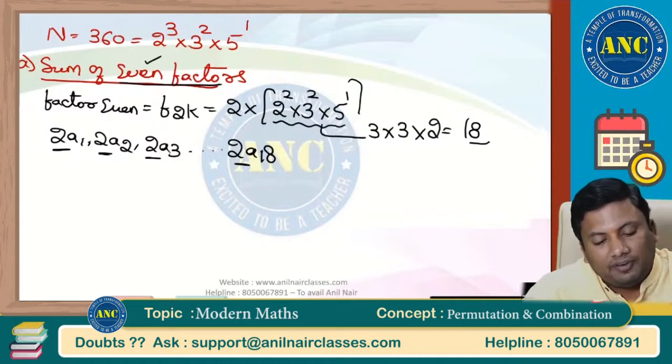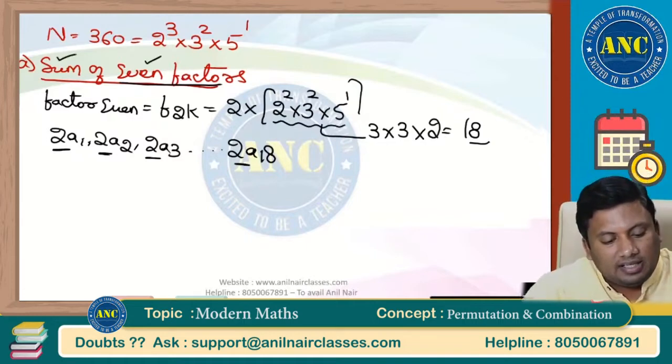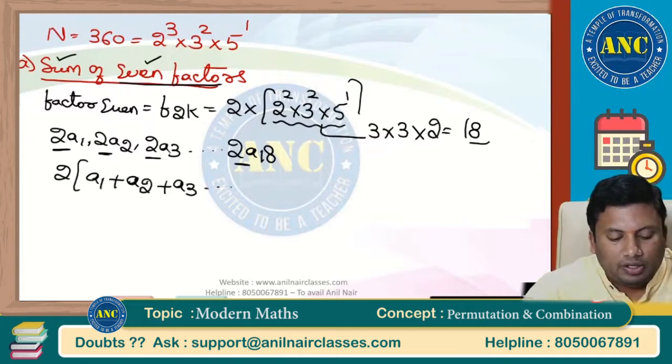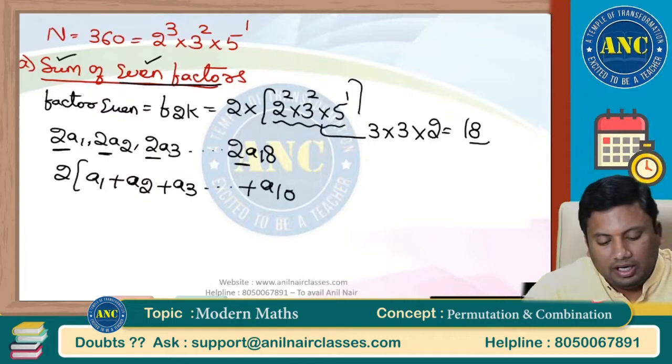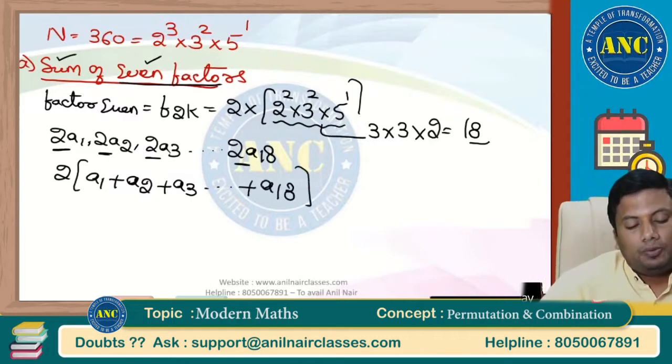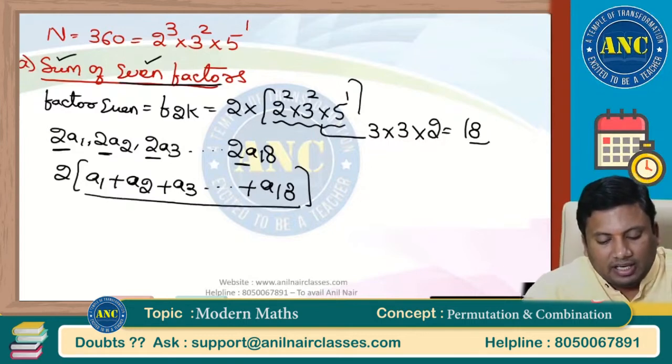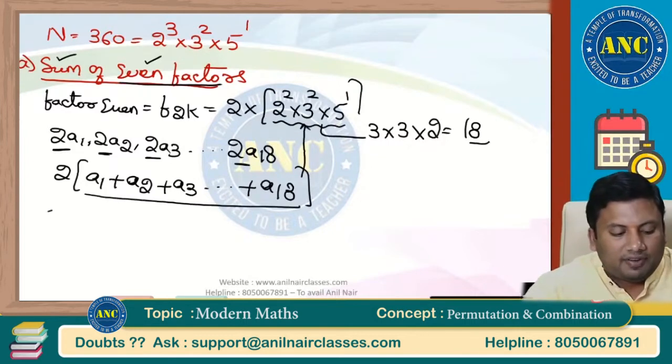First I found out the even factors. Next it is the sum. Take 2 common: 2 into (a1 plus a2 plus a3 and so on up to a18). These are the sum of the factors. From where we got 18? From here. So it is nothing but 2 into